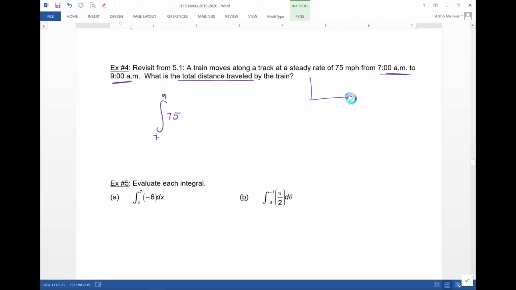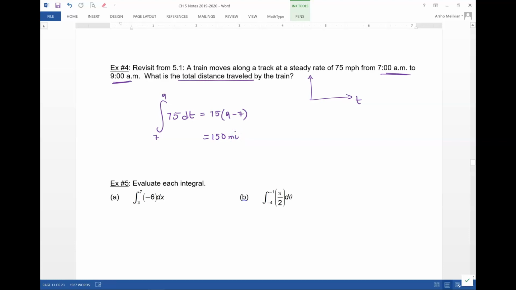Now, this is supposed to be dx. It's supposed to be d of the independent variable. What's the independent variable now? t, right? That horizontal axis is t. So now it's dt. Now, are we integrating a constant? Is this the integral of a constant function? It is. Then it's just 75 times 9 minus 7. 150